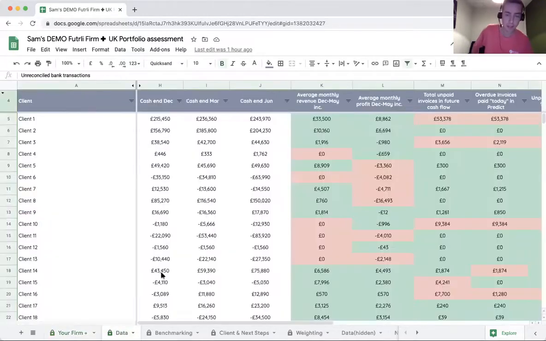If I then go to the data, this is what we'll do for every single client. If I just run through those KPIs that we're looking at, it's the cash end of December, cash end of March, and end of June. So we can use Predict's accurate forecasting ability and the team's data-driven skills to understand the money in the bank at those periods. We can then see an average monthly revenue through those coming months, average monthly profit,